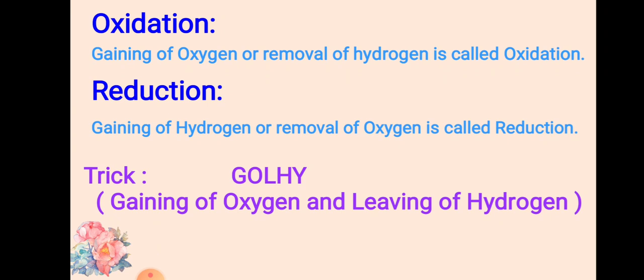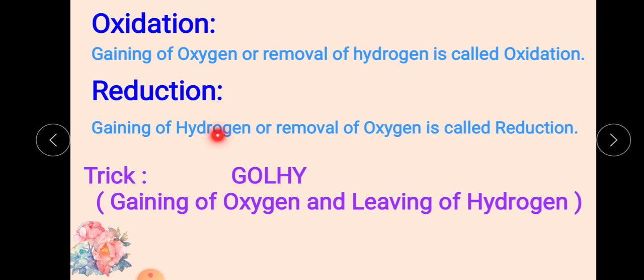Before going to learn the oxidation and reduction examples, let us recall the definition of oxidation and reduction, and where this oxidation reduction reaction occurs. Oxidation is adding of oxygen, or we can say gaining of oxygen, or removal of hydrogen. Addition of oxygen or removal of hydrogen we call oxidation. Opposite of that is reduction, where there is addition of hydrogen or removal of oxygen. Addition is nothing but gaining, we can say here.